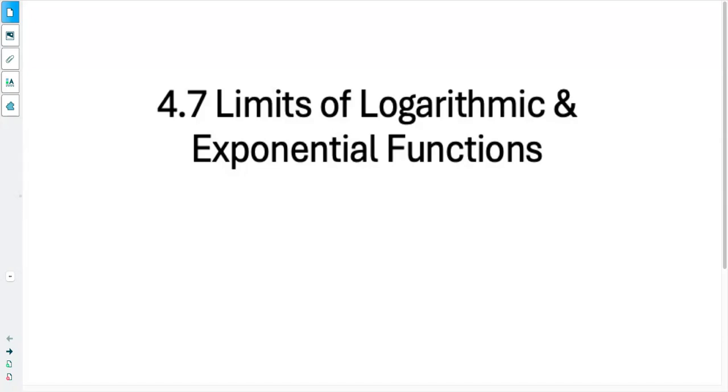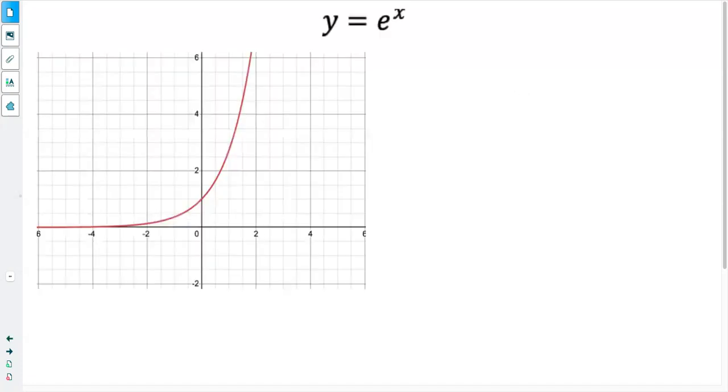Hi, today we are looking at the limits of logarithmic and exponential functions. So for this, it's important to understand our graphs of these functions. So if we have, for example, y equals e to the power of x,